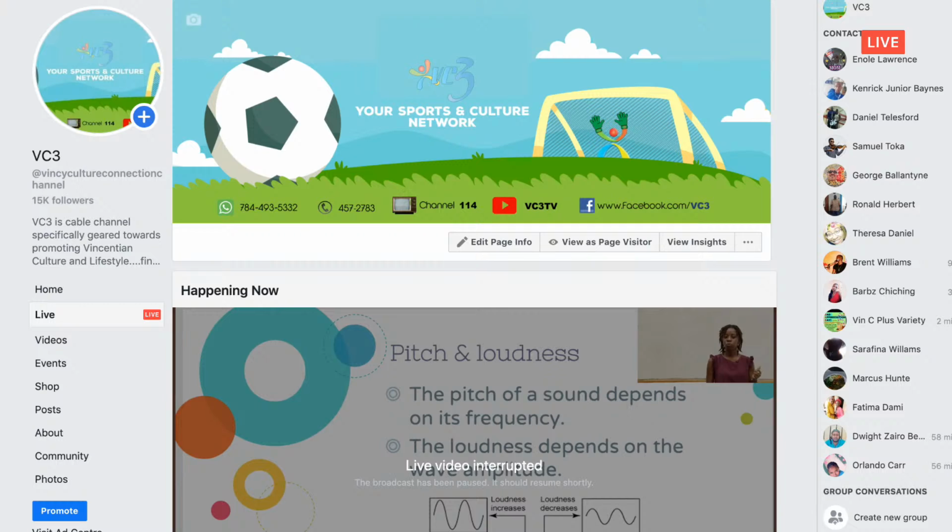The amount of waves being produced in 1 second. So notice at the bottom left-hand side of that diagram,